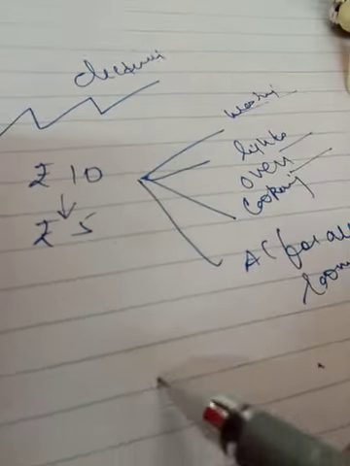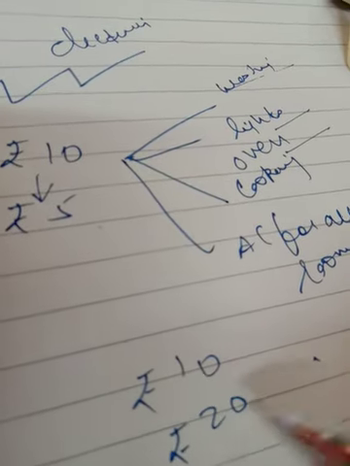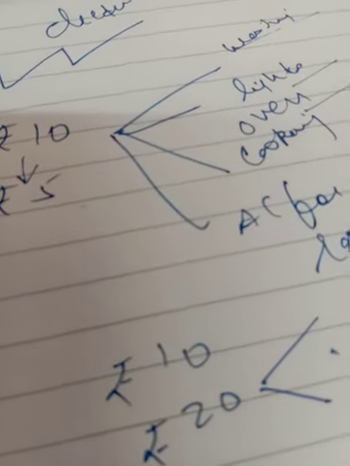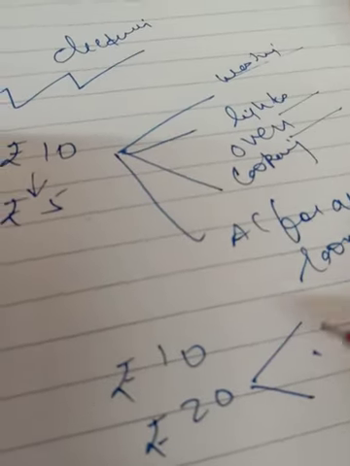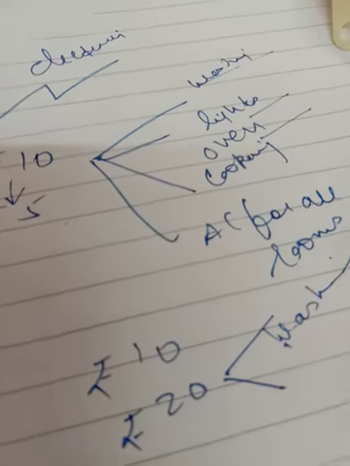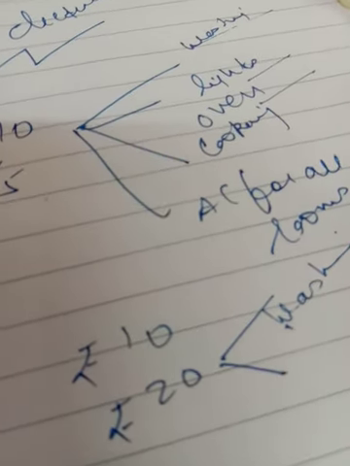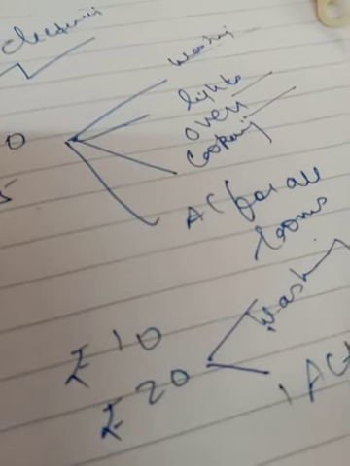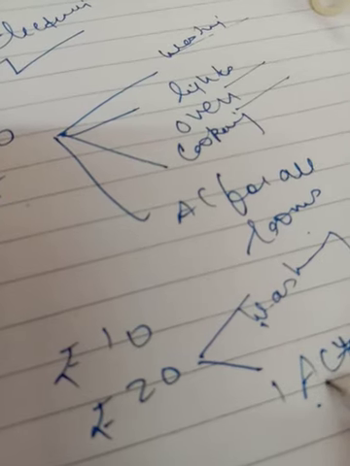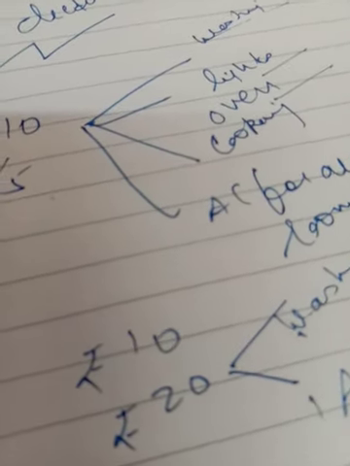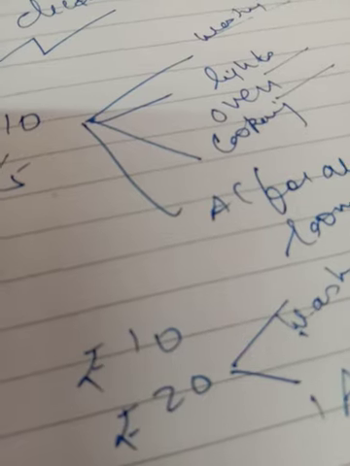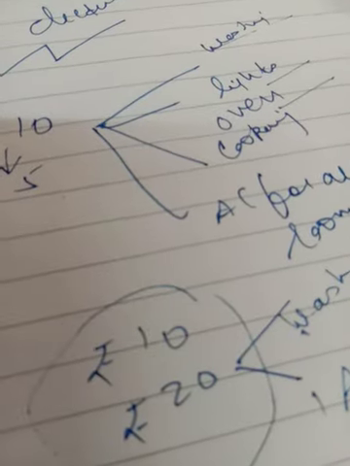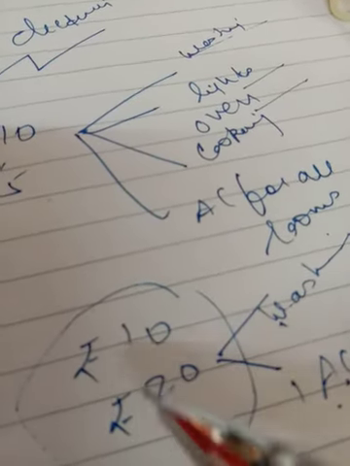But when the price goes up from 10 to 20, then we will use less electricity. We will use it only for necessary work like washing. Suppose we are talking about the AC, then we will be in one room and switch on only one AC. We will do cooking on the gas, not using the oven, because the price has increased. So we will make less use of electricity for different activities.